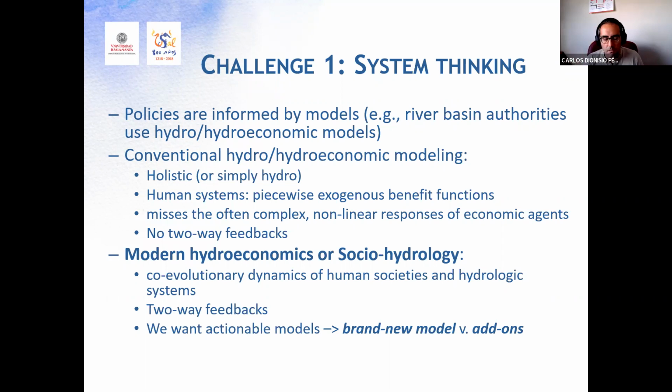Some other socioeconomic systems can be also included. We have also talked, obviously, about hydrological system, climate system, agronomic system. So it's one challenge. The first key challenge we have been trying to deal with in these presentations is how we connect them. And we follow this modular approach, or sort of add-on approach, in which whatever you have in your case study area that is being used by stakeholders already, we take it, we recycle it, and we try to incorporate different modules so that we can build on top of that something that is more comprehensive. So that's basically the approach, and why we chose this modular approach, because it's flexible.